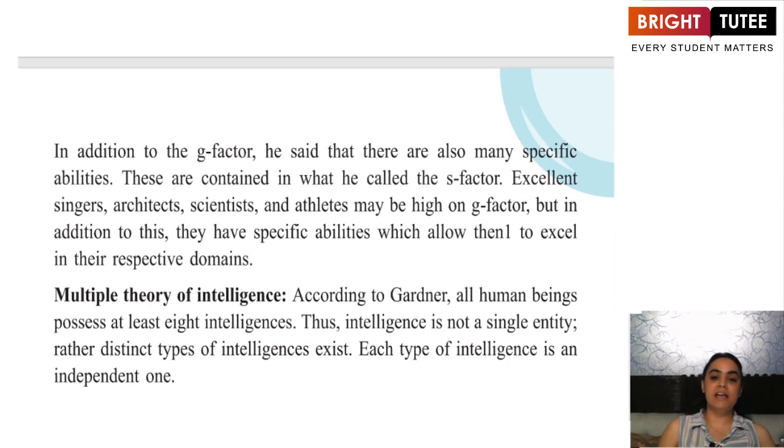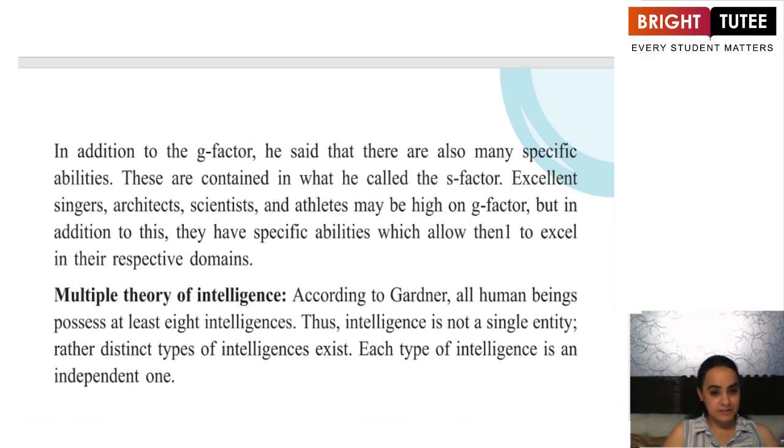Basic intelligence everybody has, but a person who is well learned, who is interested in learning more, in acquiring more information, will be able to add on to their knowledge, will be able to increase their knowledge base